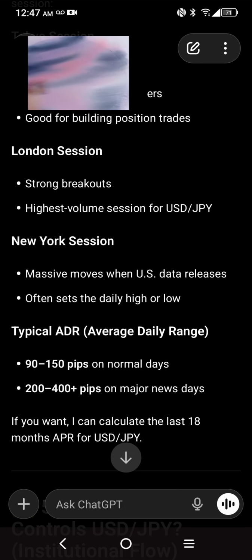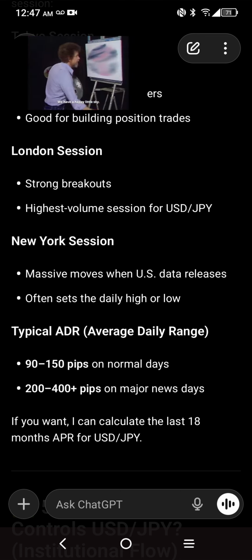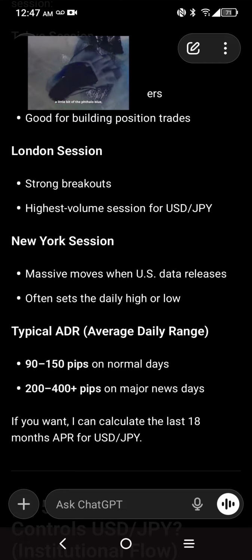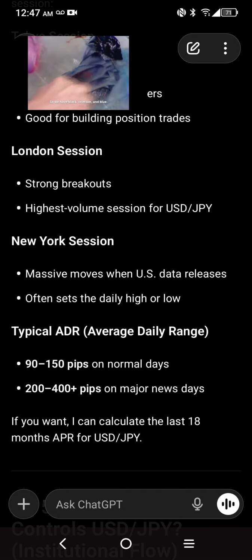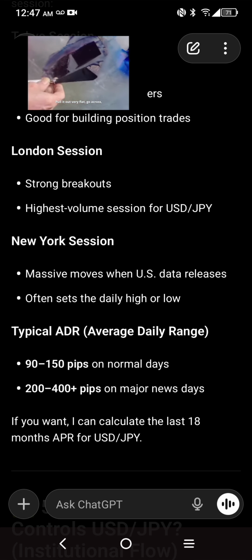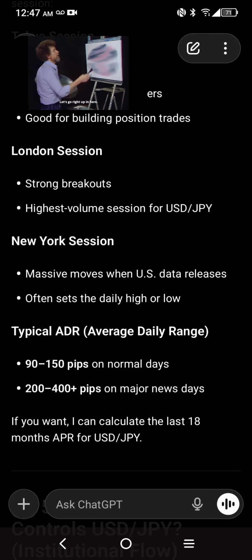So your typical ADR, your average daily range, 90 to 150 points on normal days, 200 to 400 points on major news days. Like I said, the thing could damn near move 500 points. Like, come on, man. Profit potential, man. If you can master trading USD/JPY, you're going to get wealthy trading USD/JPY, and then you can deploy your money and employ your money in so many other different instruments and create all of this passive